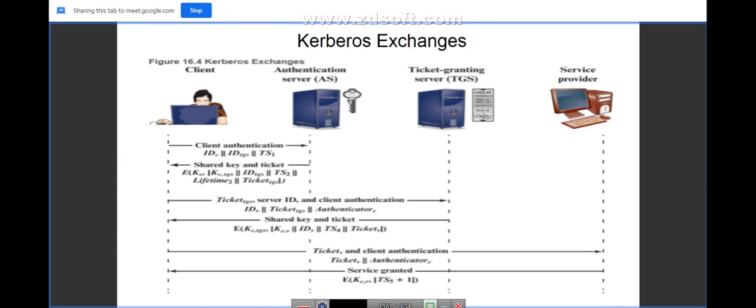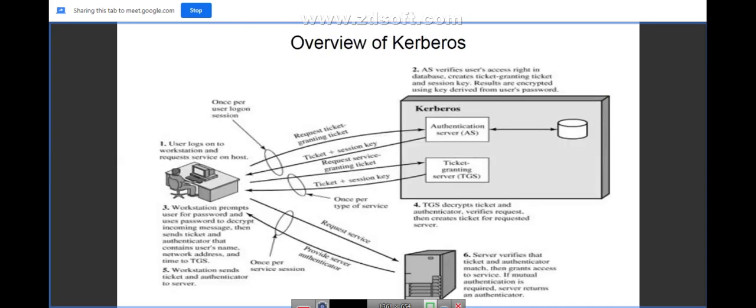And Ticket V, which has been sent by the client, is reusable, so that the client does not need to request a new ticket again from the ticket granting server for each access to the same server. So once the client has a ticket, using that it can directly connect to the server and get serviced. So this is how the communication works between the three roles, client, server, and the TGS. So this is a very important diagram with respect to your exam point of view.